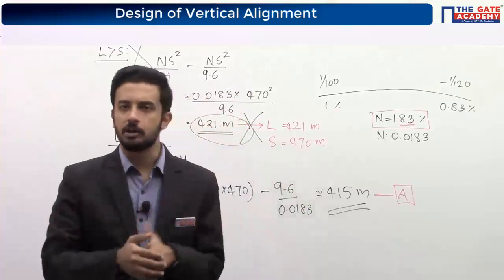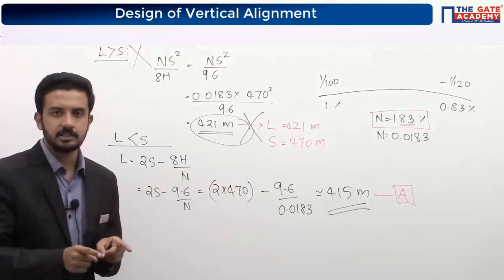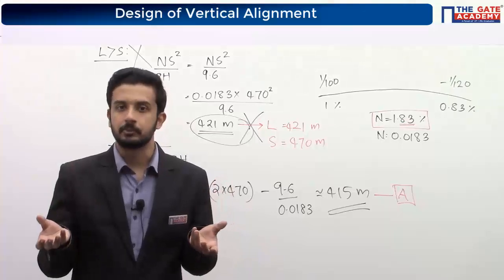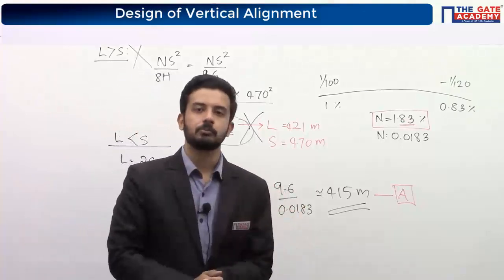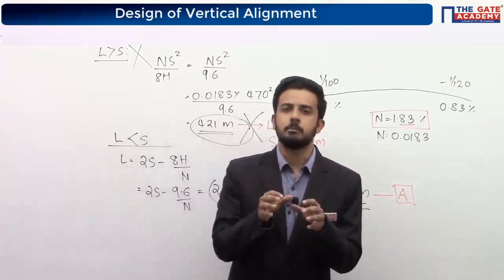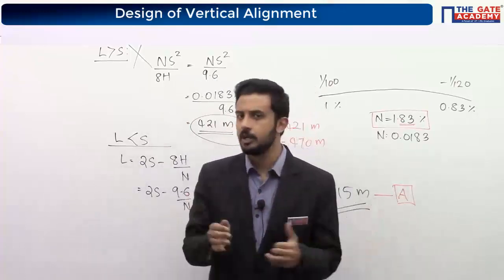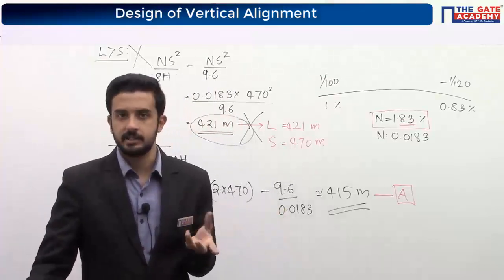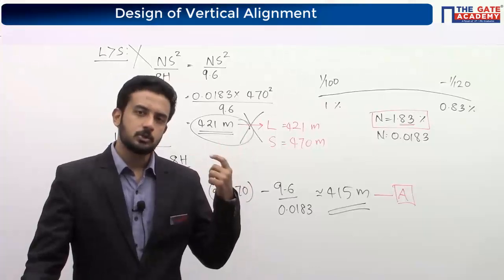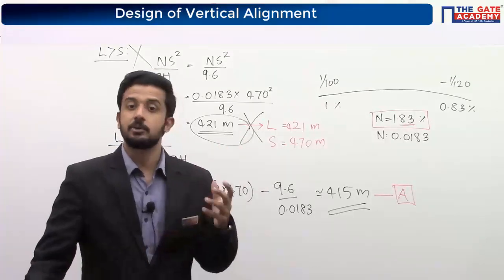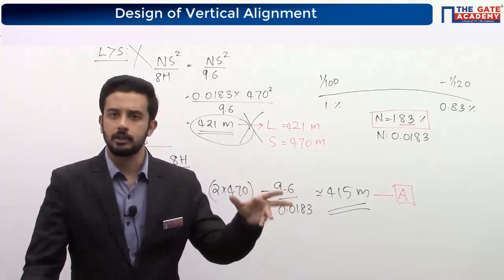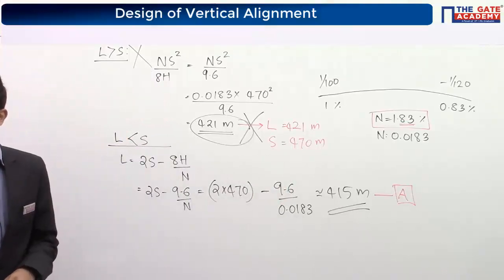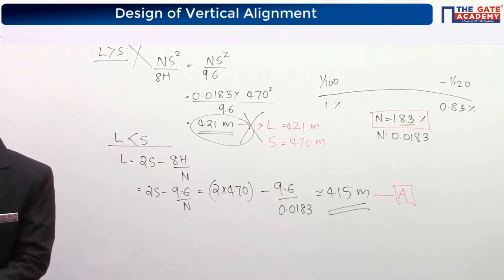Practically what you will do, we will calculate for stopping sight distance, and we will calculate for overtaking sight distance. Whichever value we are getting maximum, that value we are going to provide on the ground practically. Minimum that much value we have to give. Both the criteria we have to check because our design criteria is sight distance, na? That we have divided into two. So practically both we have to calculate, and whichever is maximum, that's what we give on the field. Understanding? Now, that is the length calculation.